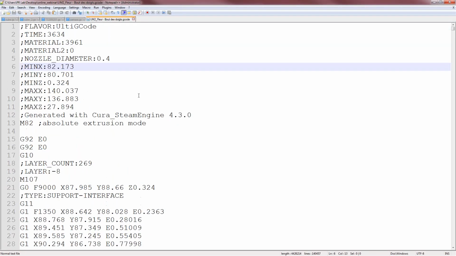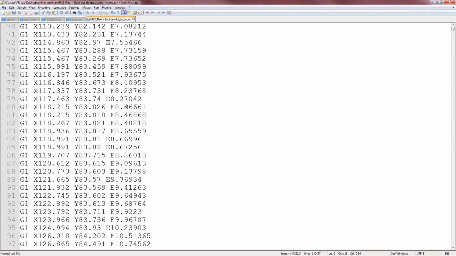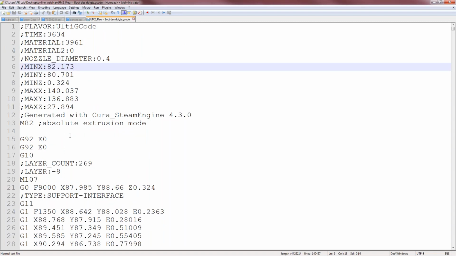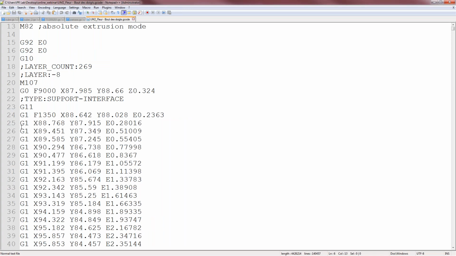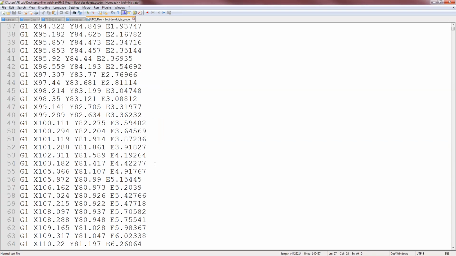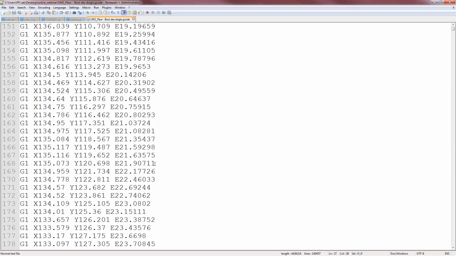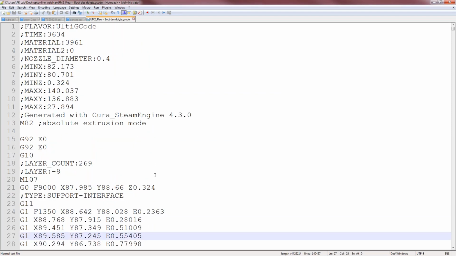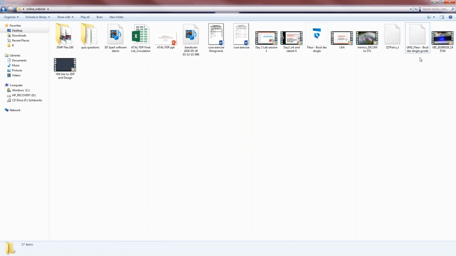Now you can see G codes. The preamble is related to the nozzle, and then you see the G1 and G2 are the line, and X and Y are the coordinates, and E is the roller movement, where you can see the extruder also, the E value. So this is about Cura.